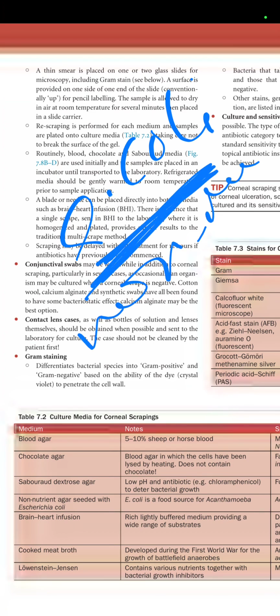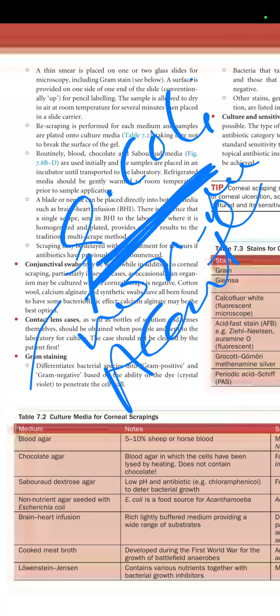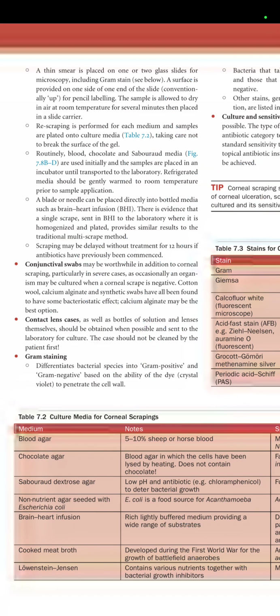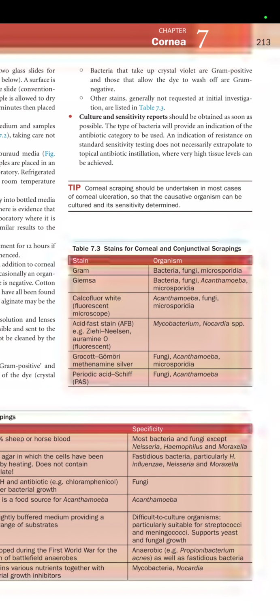By because it is a food source for Acanthamoeba, and Acanthamoeba grow on E. coli. Then there is brain heart infusion, a rich, lightly buffered medium providing a wide range of substrate. So this is a buffered medium that is providing a wide range of substrate. It is used for difficult to culture organisms, particularly suitable for streptococci and meningococci, spores, yeast, and